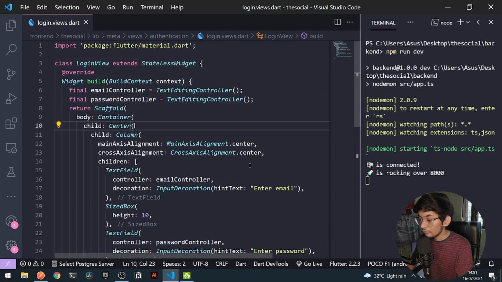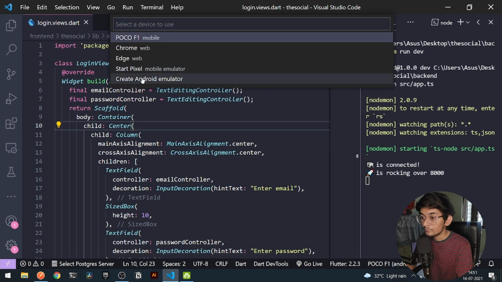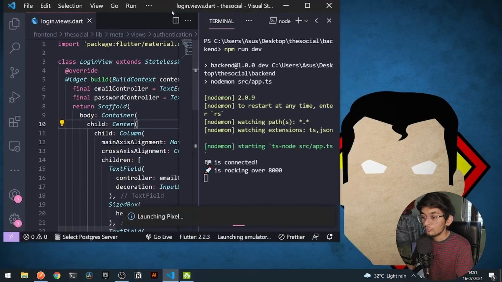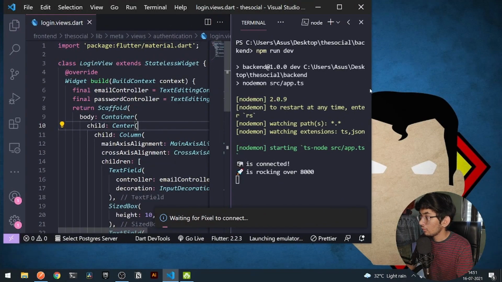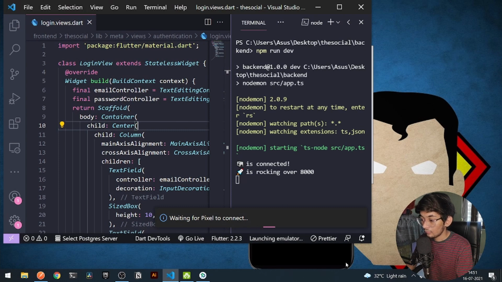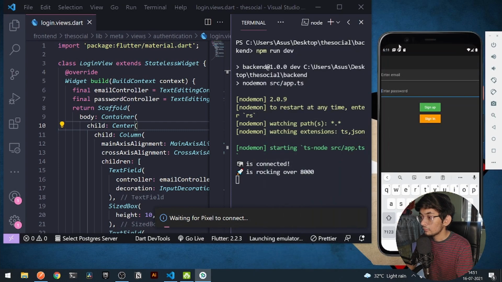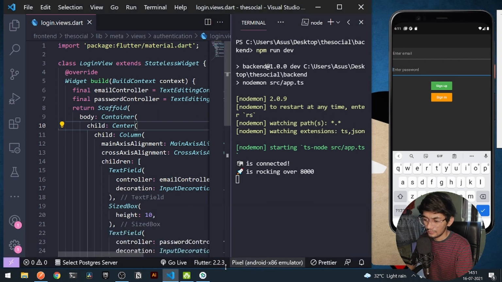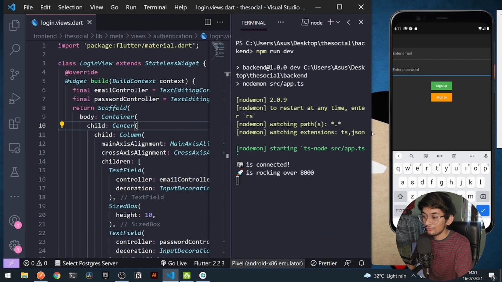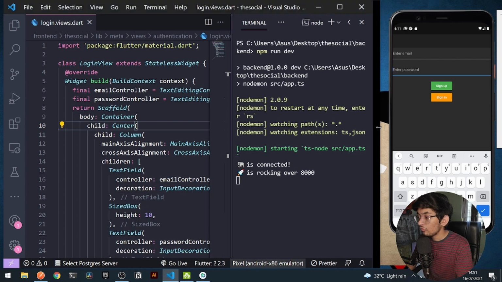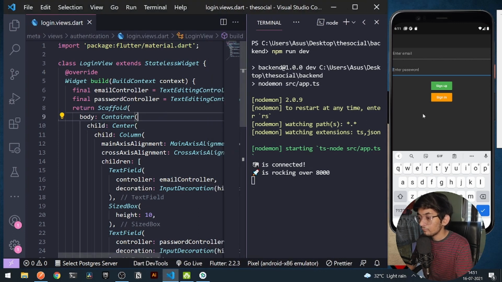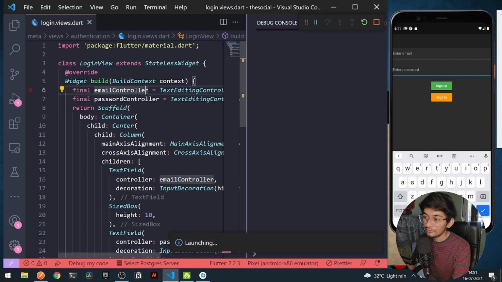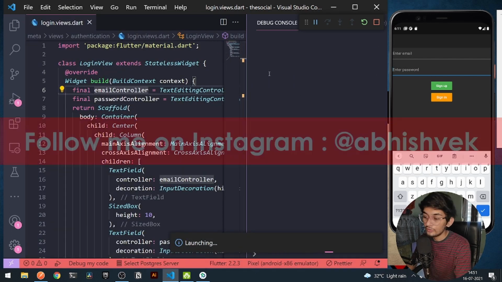What I will be doing is starting my emulator first of all. Let's start our Pixel. Okay, this is up and loading. This is some boilerplate that I have done for Supabase, whatever you spell it, and that tutorial will be up and ready in some time. But for now, let's go with our social app. So I can press F5 to debug everything over to my application. Let's wait for it.